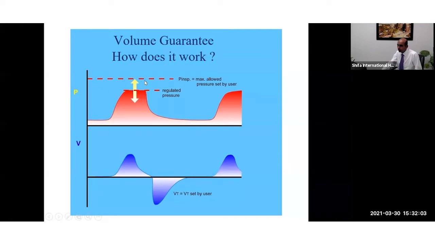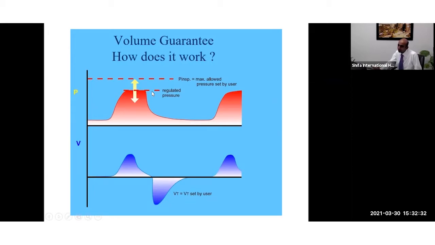And this top line, as I mentioned before, is the safety mechanism in the ventilator, that this is the maximum pressure that the ventilator will deliver. If the ventilator needs to give a higher pressure than this line, then it will start alarming. So you have to go and see the baby and see the ventilator and see why the baby is needing such a high pressure. But otherwise, the peak inspiratory pressure generated will be variable with each breath, depending upon the